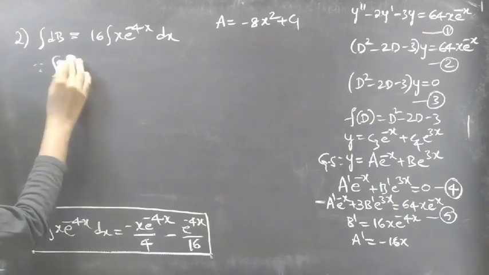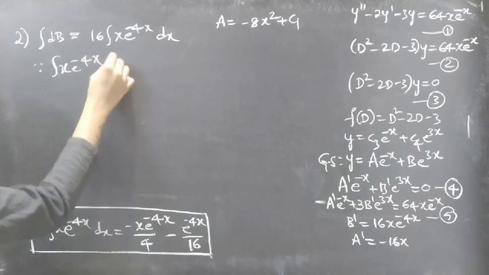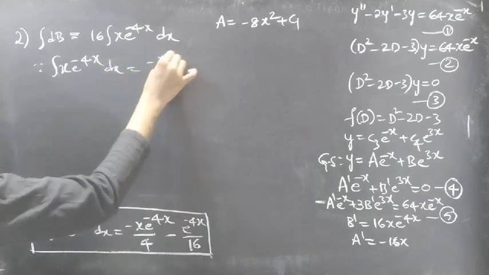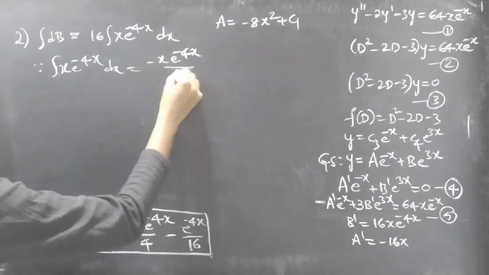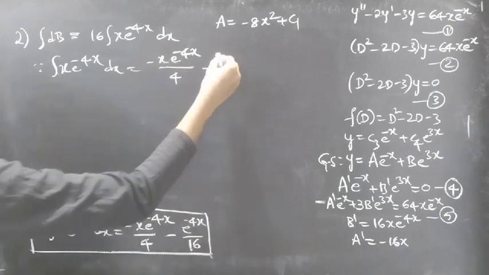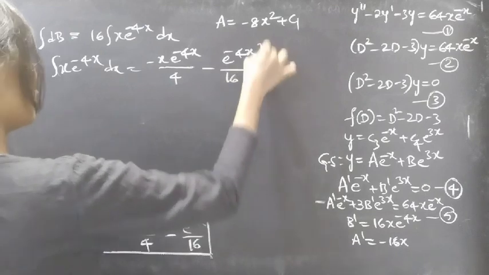Since integral x e power minus 4x dx is minus x e power minus 4x by 4 minus e power minus 4x by 16, the above